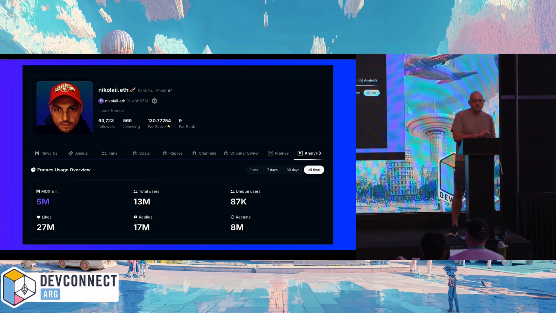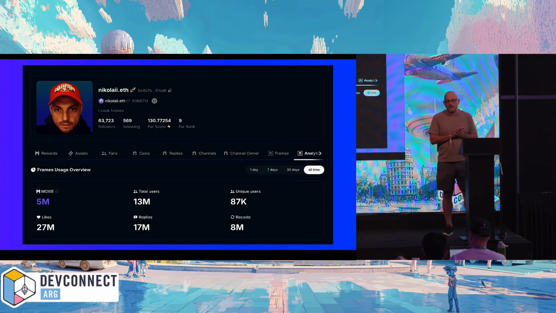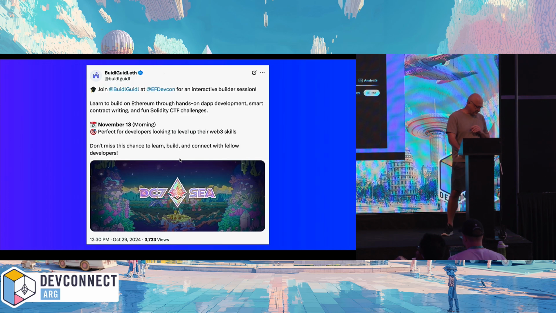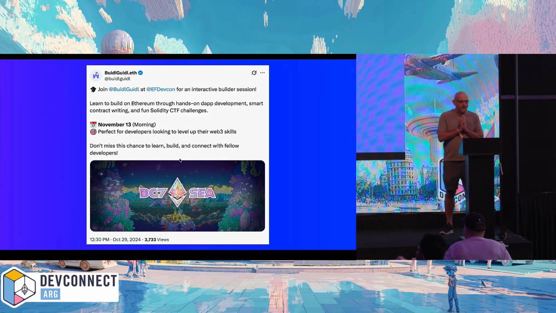But about a year ago, I realized that my biggest constraint is that I know nothing about smart contracts. I never developed in Solidity. So a year ago, I walked into the